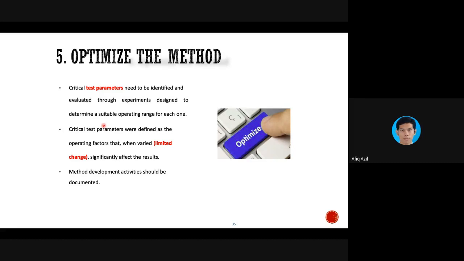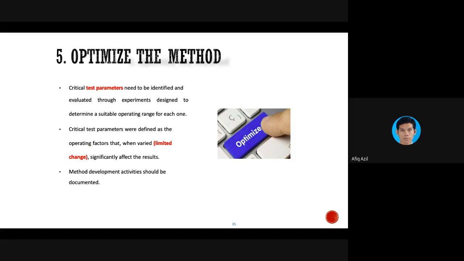Here you will be able to identify which parameters are most important. This is what we call critical parameters, in which if you change the critical parameters, you will not get the result. So it is very important for you to identify which parameters are very critical. And there are also non-critical parameters, meaning that if you change it a little bit, it doesn't change the result obtained.